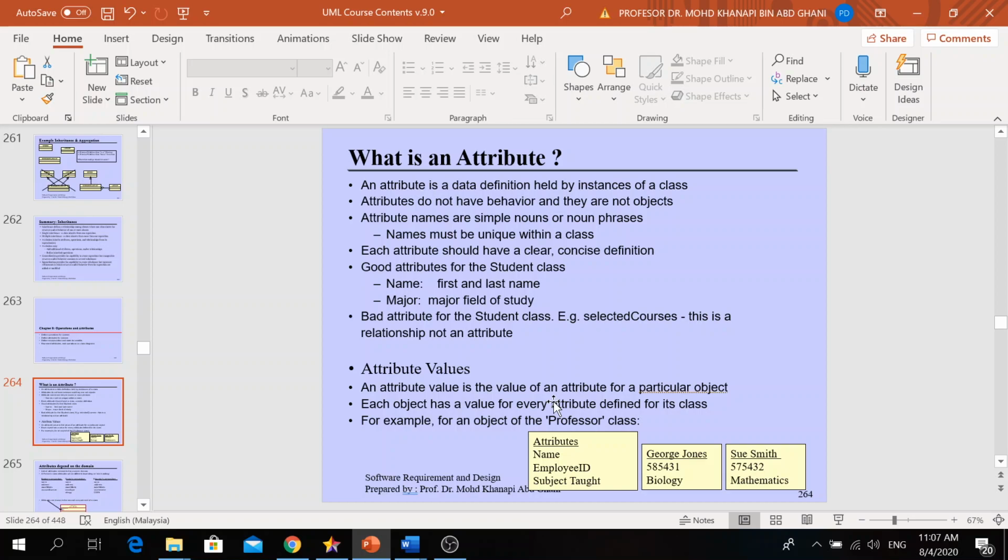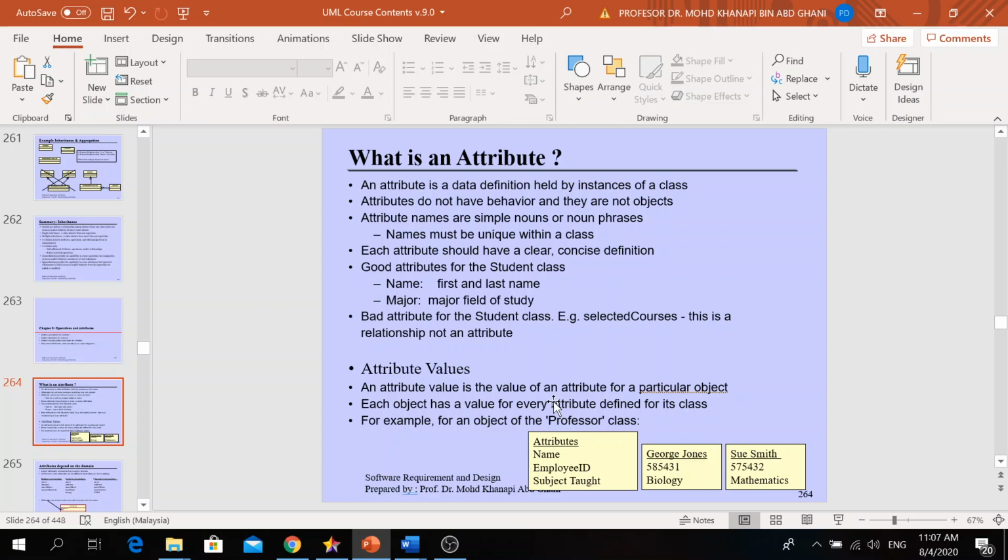Remember when we introduced you to the theory of the object and class, each object or class should have a state. I give you an example: object dog. The state of the dog, for example, the dog is sitting, the dog is barking, the dog is walking, etc. When you collect the state of the object, it becomes attributes.